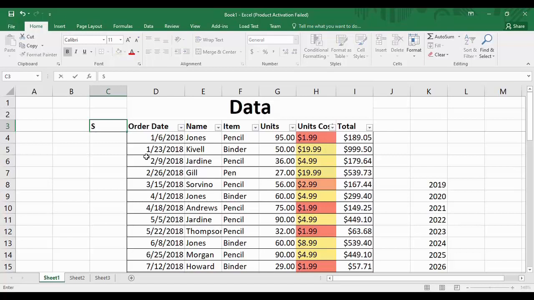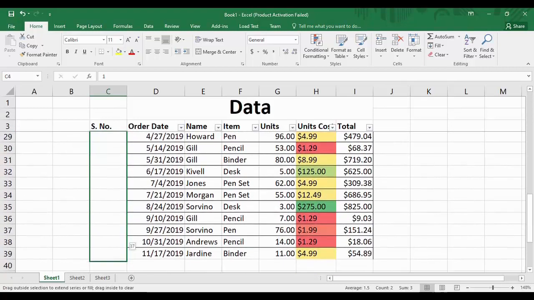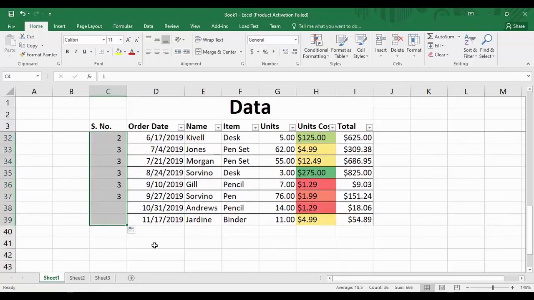Then I just type in SNO, and instead of writing all these numbers from 1 to however many records are available, I will type 1, then in the very next cell I will type 2, and then I will select both of these cells for Microsoft Excel to understand the pattern, and then drag it all the way down to the last record.